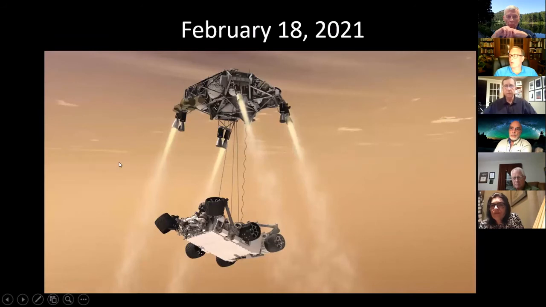So as I mentioned, the last 7 minutes is critical. We're coming in pretty fast into the Martian atmosphere. The Martian atmosphere is very thin, but it's thick enough to be a problem. So we have to slow down by a combination of heat shields, large supersonic parachutes, and then as we get